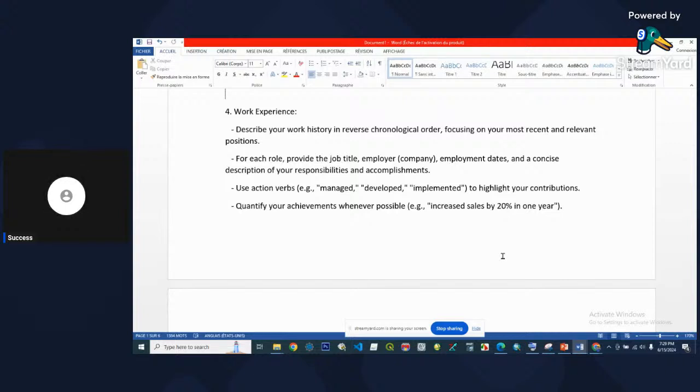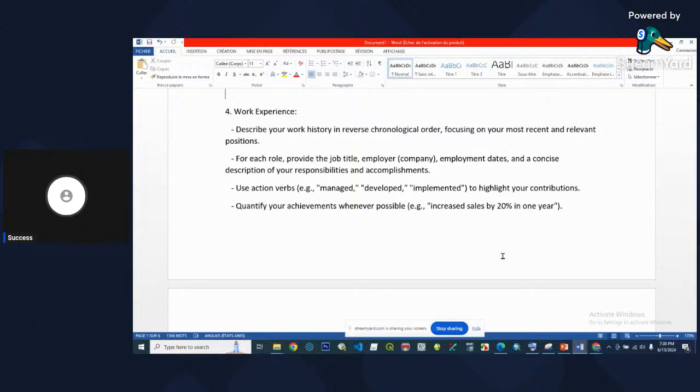Sometimes it's not necessary. And let me explain to you why sometimes it's not necessary. Because it kills you sometimes when somebody sees, this guy worked just for 6 months. That means he's not relevant enough. He doesn't have a lot of experience in this stuff. Whereas somebody who didn't put it, they are just going to forgo it. You understand? Maybe they can ask you during the interview, or they might even forget. So sometimes it's not necessary to put the employment dates. Yes, I'm telling you reality. Very, very sharp. So you have to be careful. Those are little things that people don't know. You get the point?